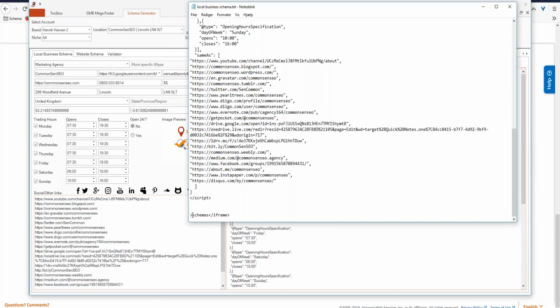So if you consider this the iframe as well, then you put in the schema here, and then you close the iframe tag there. So that's what I'm doing. I hope that's answered your question. Of course, you place the schema in the header and using maybe a header plugin